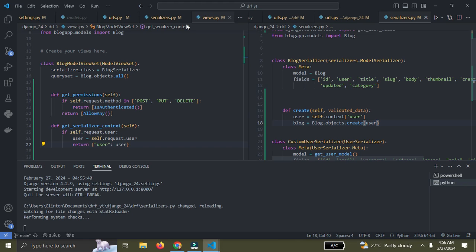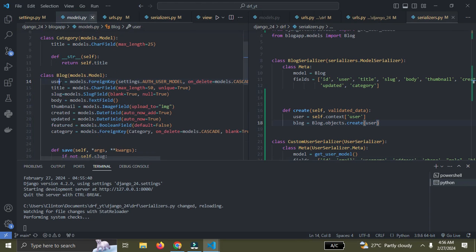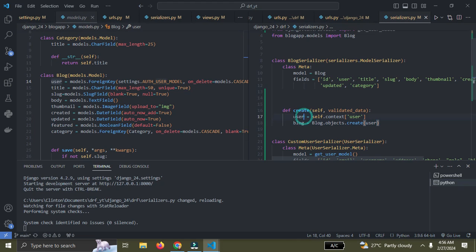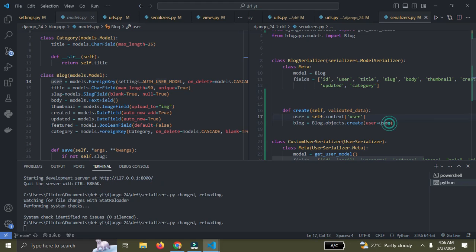Remember our blog model, we have this user field. So I'm trying to create a blog right now, and then I'm passing in the value for the user field, and that value is going to be equal to this user we got from our view sets, right? So I'm going to say user should be equal to the user we defined on line 17, and then as for the remaining values, as for our title, the slug, the body, you can get that